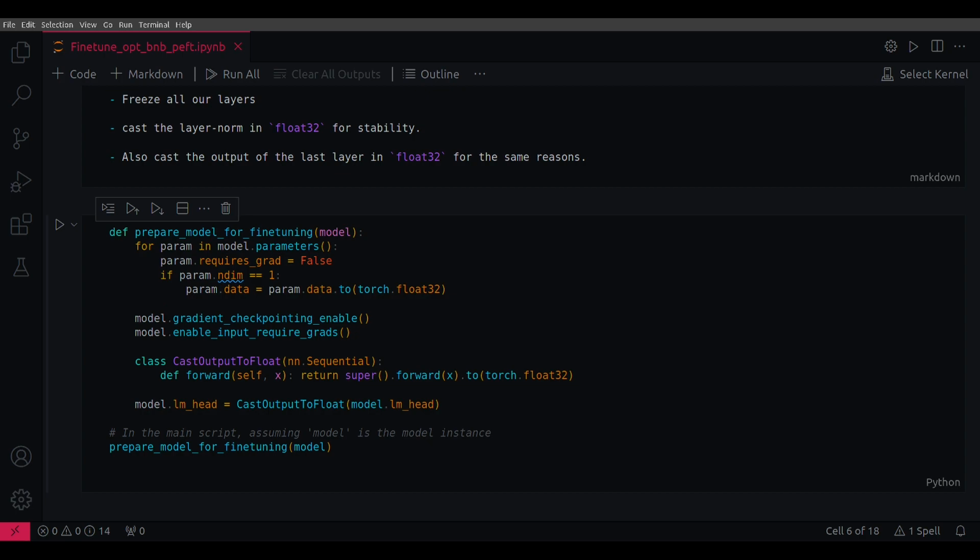And the LM head in a large language model typically refers to the final layer responsible for producing the actual token prediction. For example, a linear layer in a transformer-based model is crucial for the accuracy of the model's outputs. This layer often deals with large vocabularies and requires high precision in its computation to maintain the fidelity of